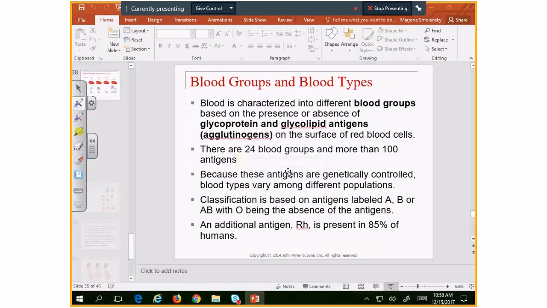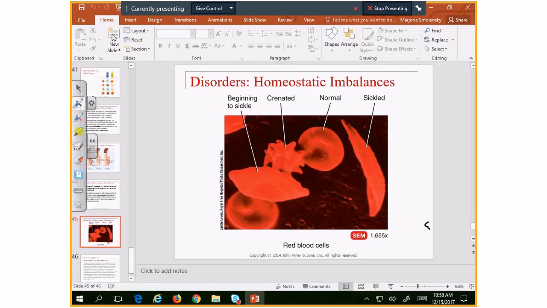I want to add one more slide, which it won't let me do, but at any rate, the other disorders that I wanted to stick in here that you're going to be able to see is hemophilia. So if I reduce that picture, we can talk about hemophilia, which is an inherited